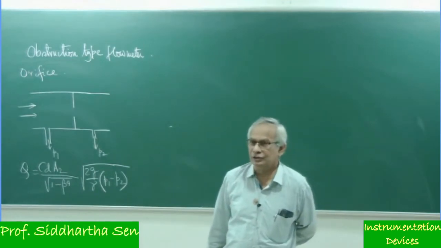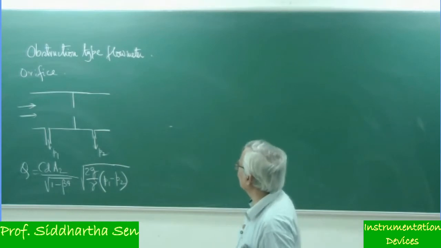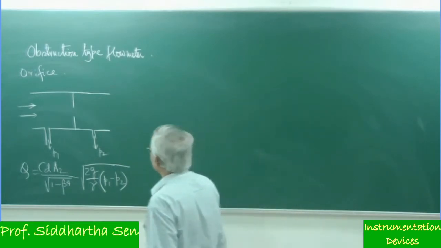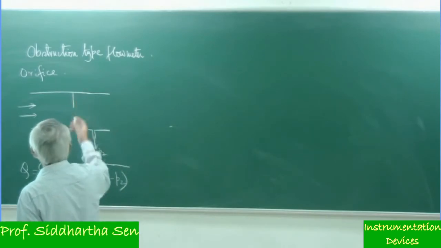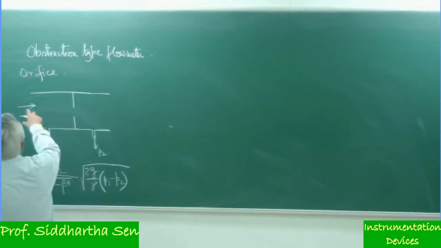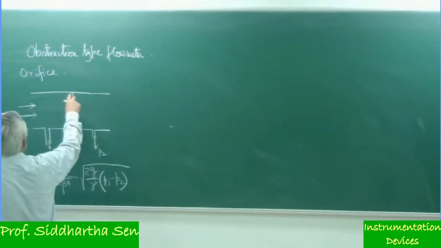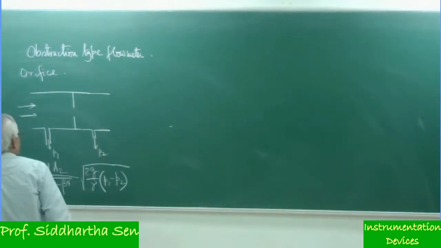So we were discussing obstruction type flow meters, and one of them is the orifice plate, or the venturi tube, whatever you call it. I mean, there is another type of orifice, but the venturi tube is also there. So we place some obstruction on the flow path, that is an orifice plate, and we measure the pressure difference